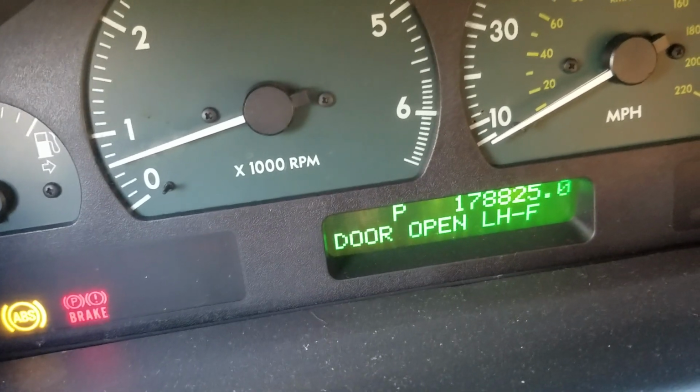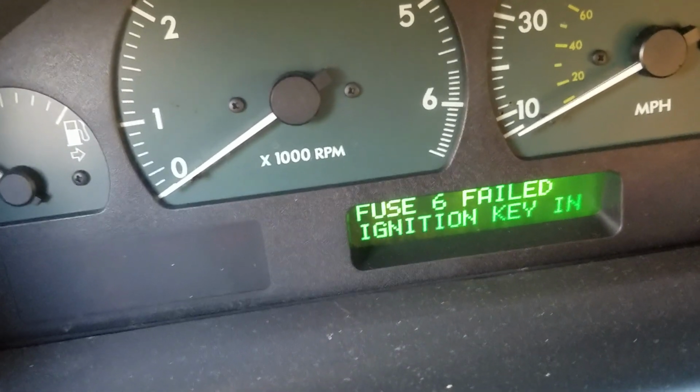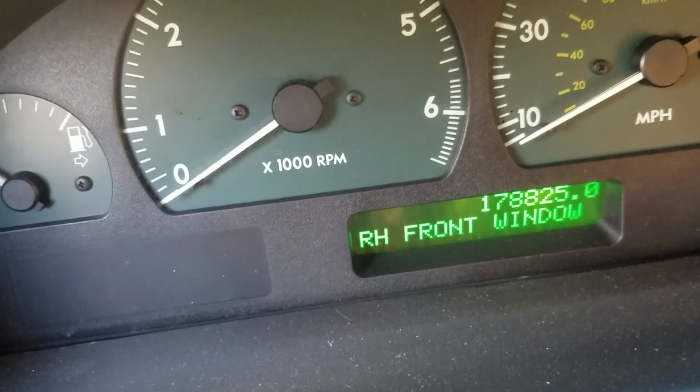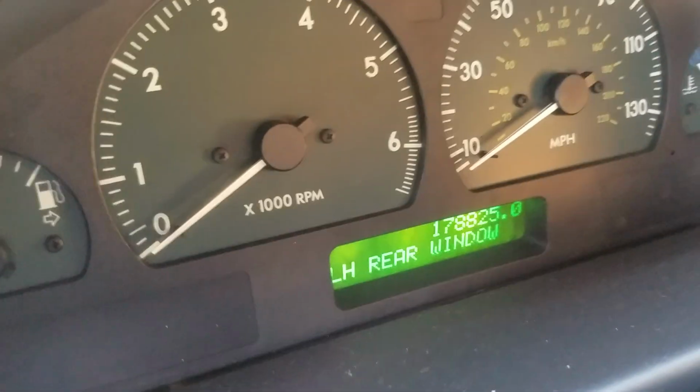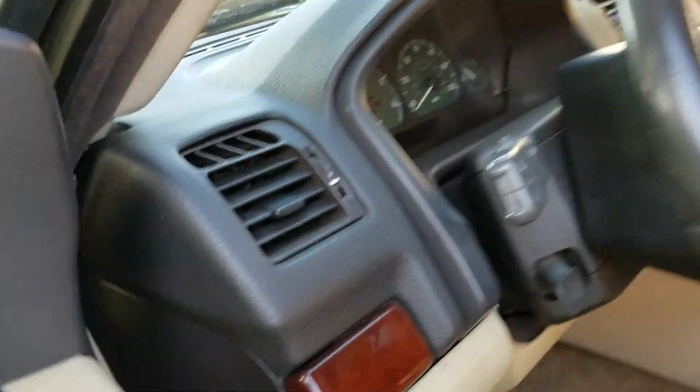So that's it. I'll cut it off. As you can see, there's power going to everything. My keys is still in there. Now it's telling me my windows are not set. So all this that my computer is doing right now, it keeps giving me all this information that I already know. But the problem is it keeps doing that all night long, and it eventually just kills my